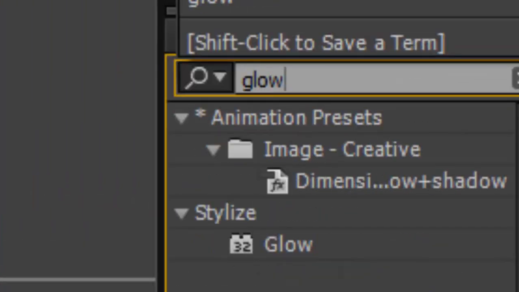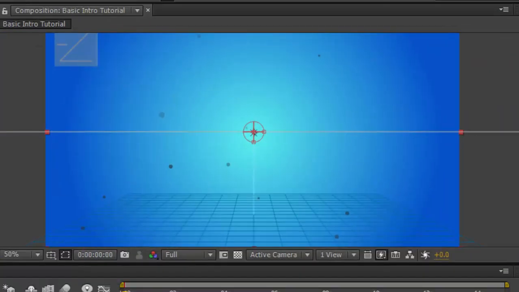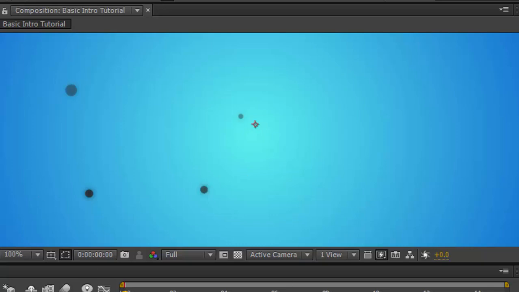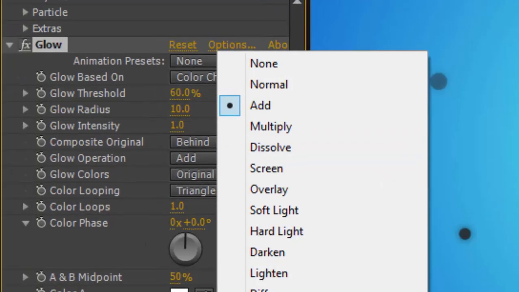Next, all we want to do is type in glow. And you want to drag glow onto the particles layer. So here is what it looked like. Now you can keep it black, or you can change it to a white or other colours, but I'm going to show you how you change it to a white and how you just keep it the same. So you go here to add on the glow